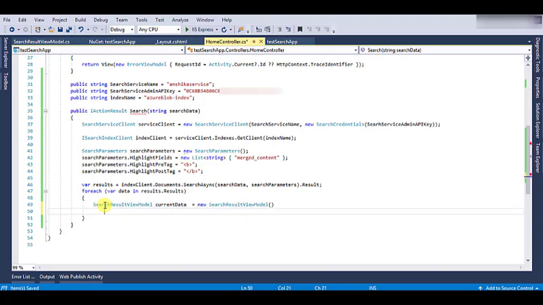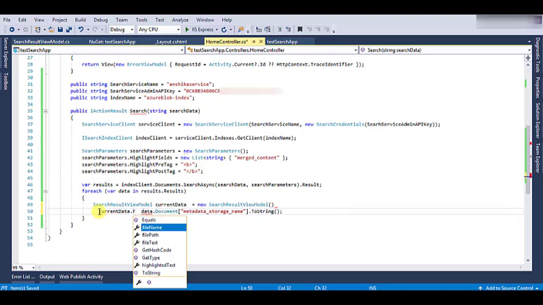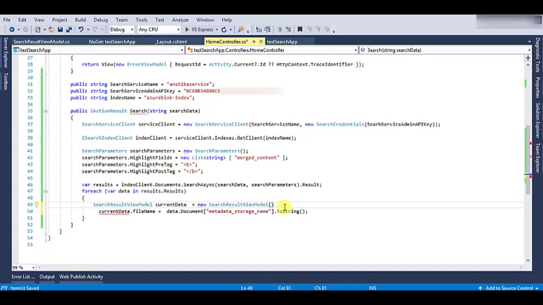And now, using the result, we will read the storage name property and assign it to our model, file name. And similarly, we will read the other properties from the result.